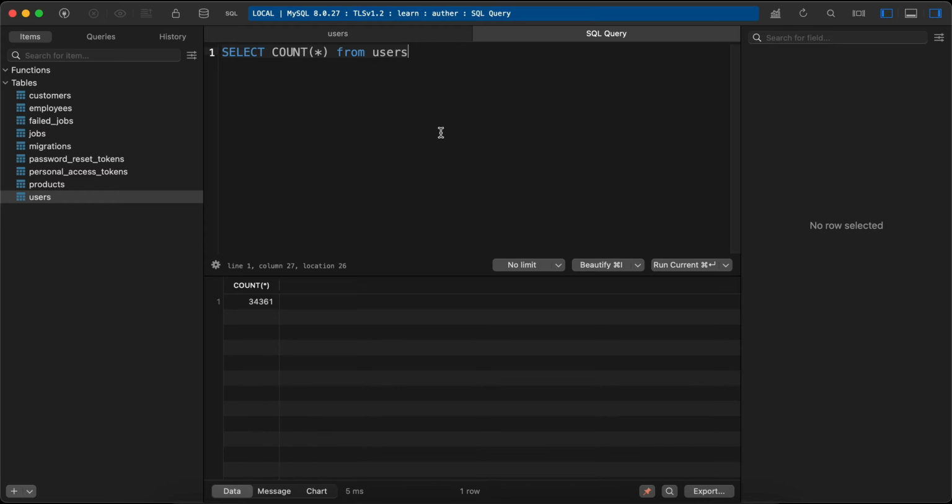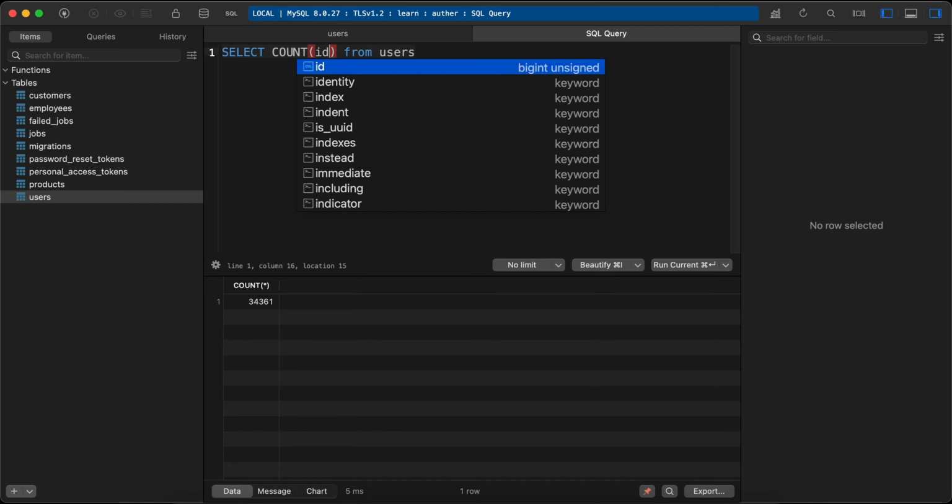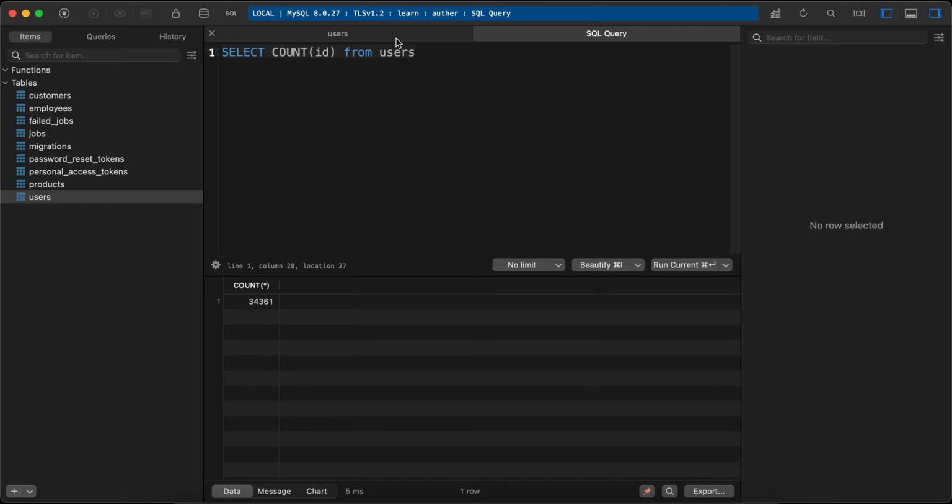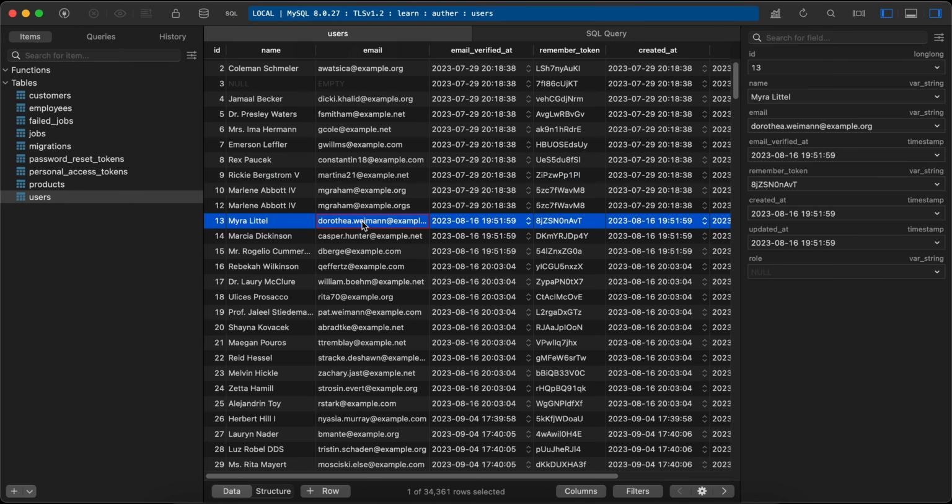This video is more related to databases rather than Laravel, because there is a myth that says count(*) is slower than count(1) or count(column). So let's explain it. First of all, here I have this users table